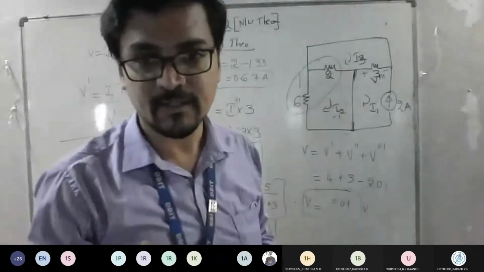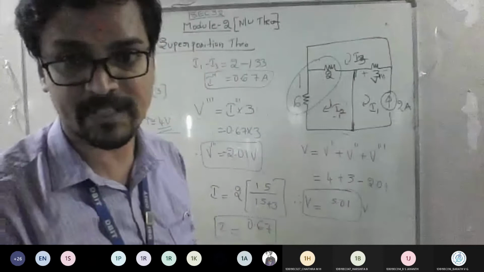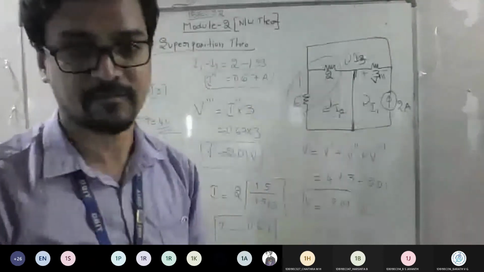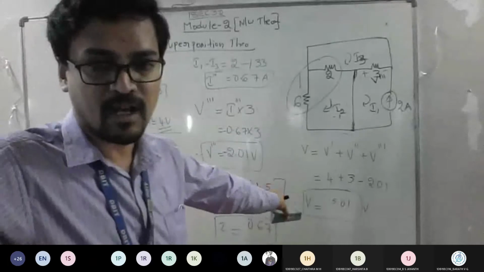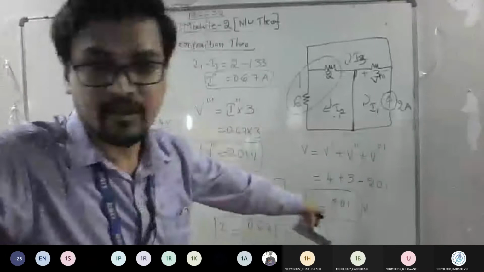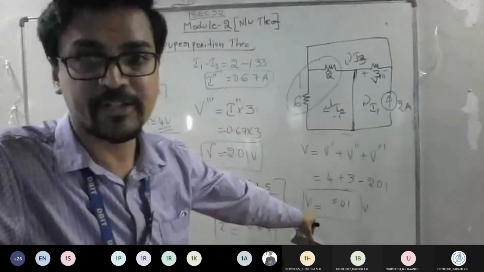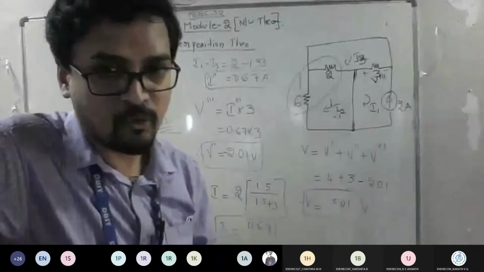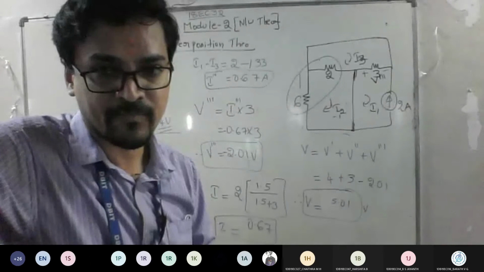It means we can change the anticlockwise or clockwise direction of those currents depending on the answer. But this 2 amp is the main supply, which is given in the question itself. So this is a difference you should be aware of. See, if you make a mistake, you are going to lose marks for V3 dash and V. So you lose 2 to 3 marks here. Out of 8 to 10 marks, 2 to 3 marks are gone, and you will get 7 marks. Am I clear? This is where you will commit mistakes.